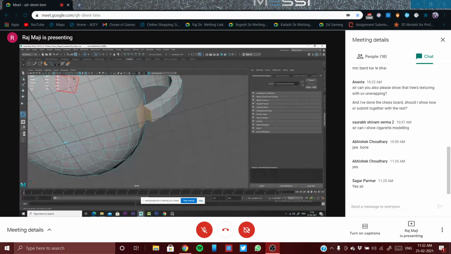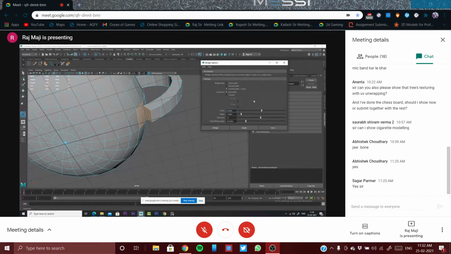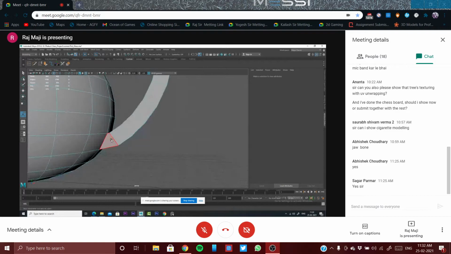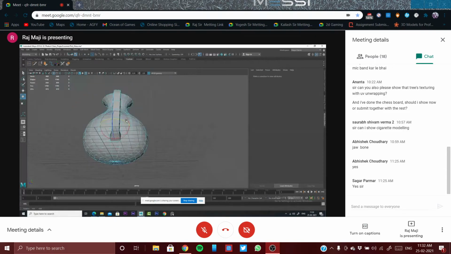Selecting this and this, and this time I can use bridge, linear path, divisions 0. Okay, and this time it is much better. I'm just deleting this.